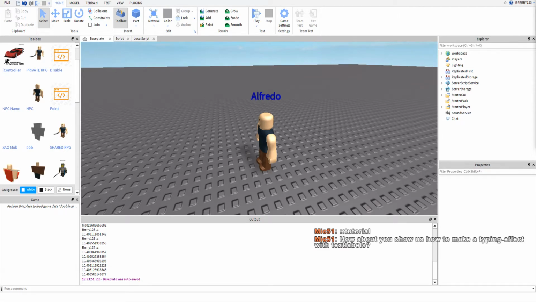I am going to take that as it's good. Oh wait, how did you? A typing effect. Oh, I know what you mean. So